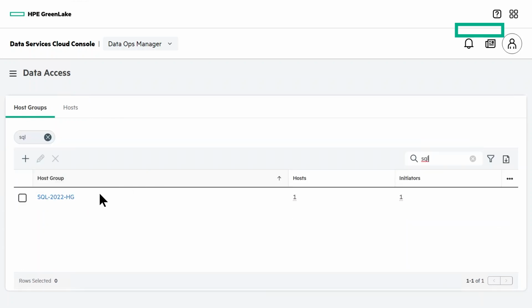Now that we have our host added to the Data Services Cloud Console, our SQL administrator can be given permissions to add storage to the host without bothering your storage administrator or opening a request for more storage. Below, I've included the link for the next step, which is creating volumes for this host using HPE GreenLake's intent-based